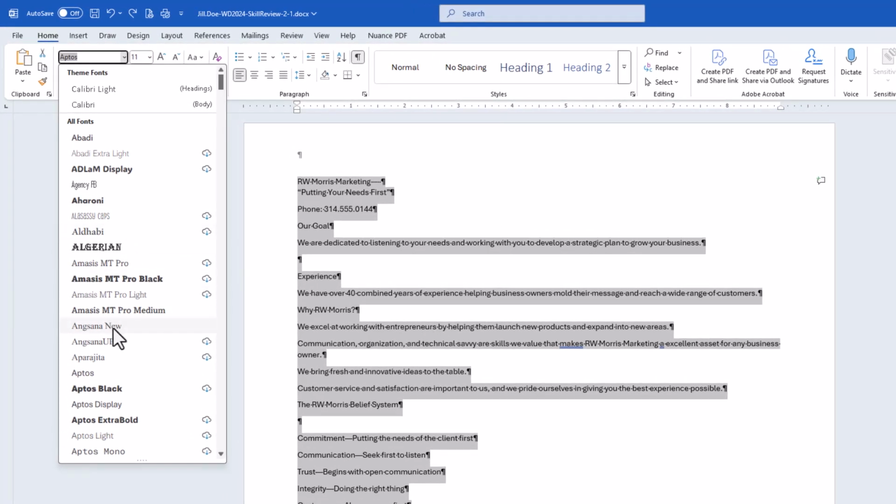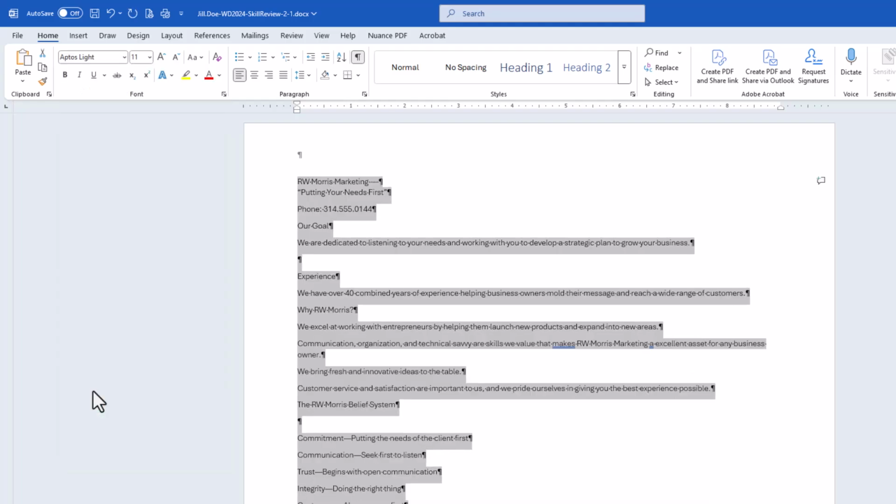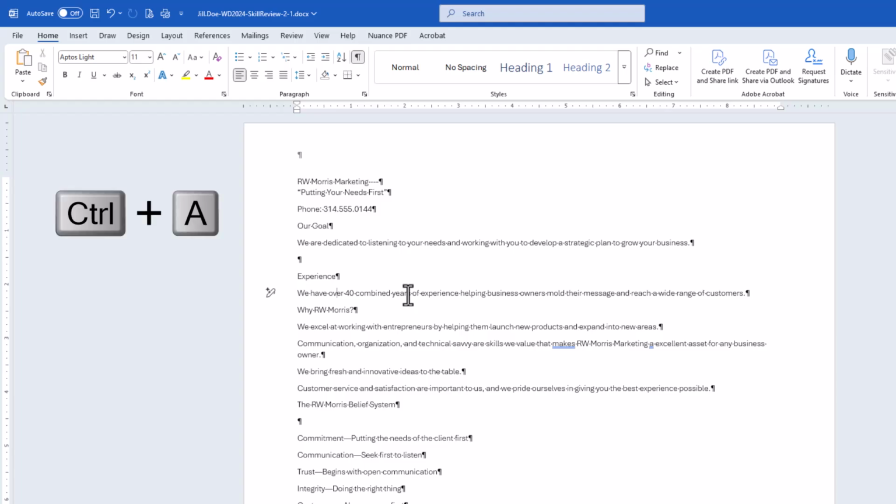Okay, let's go down to Aptos Light. I'm picking that. Everything that was selected was just affected. I can click within this and look, it tells me that's Aptos Light. However, look at the point size. The point size says that it's 11, really no matter where I click. So we were supposed to change that to 12. To select all, Ctrl+A,